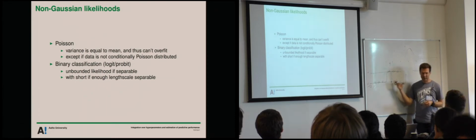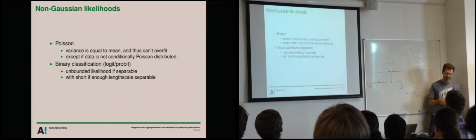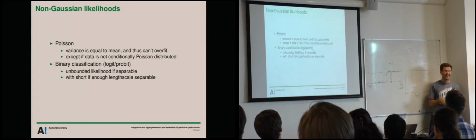But this is something which is more likely to happen with deep neural networks, that they can learn the training data exactly, and then that's why there are these problems with that